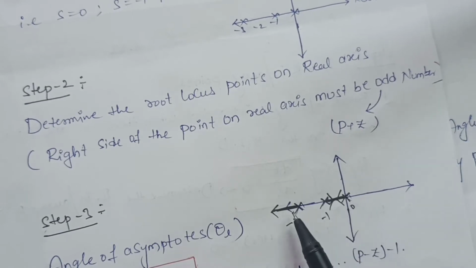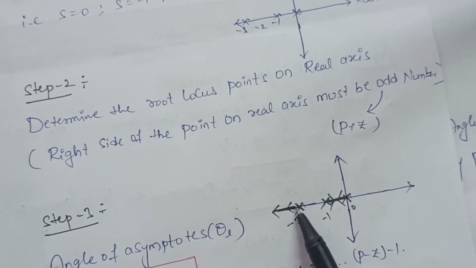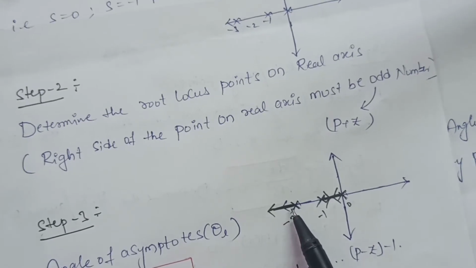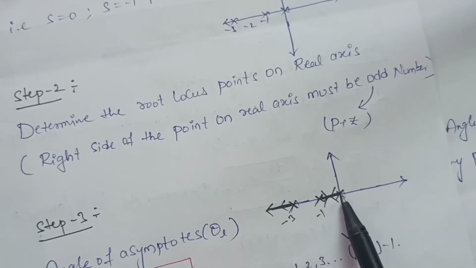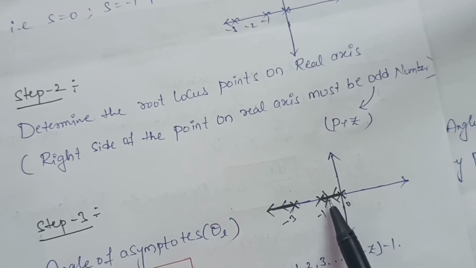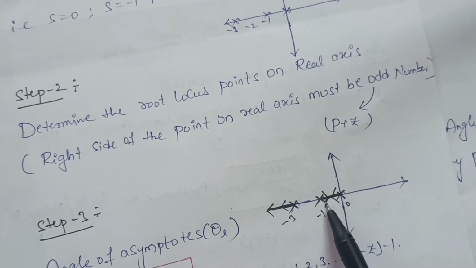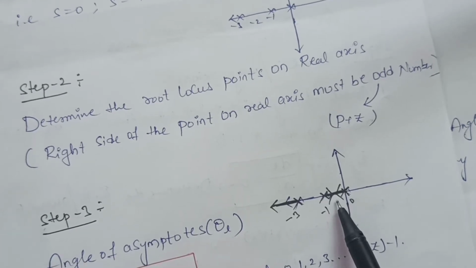Now for example I am taking this point. What is the total number of poles and zeros? 1, 2, 3. Now it is an odd number. Now the root locus lies in this section. Always the root locus starts from a pole and ends at a zero. Because total we have 2 poles, these 2 poles start the root locus. Now it will start like this. The arrow mark is like this. Now at this one point, the root locus breaks away from the real axis. We need to find that breakaway point also, no issue.